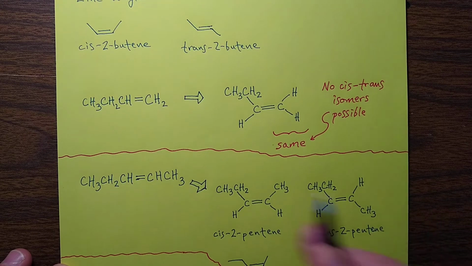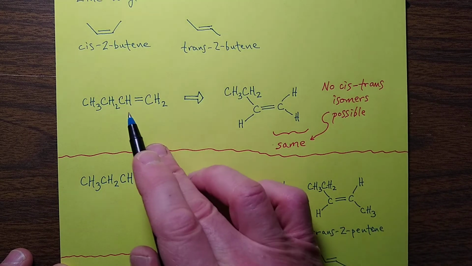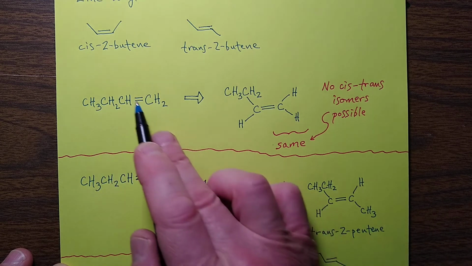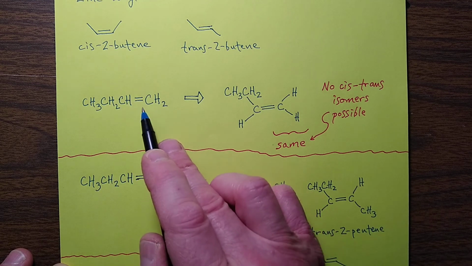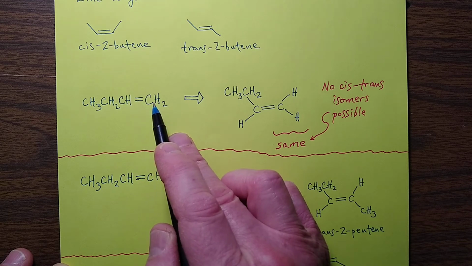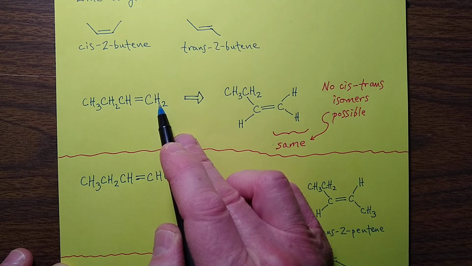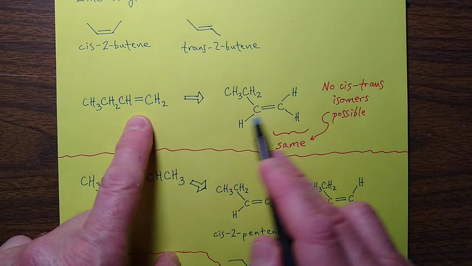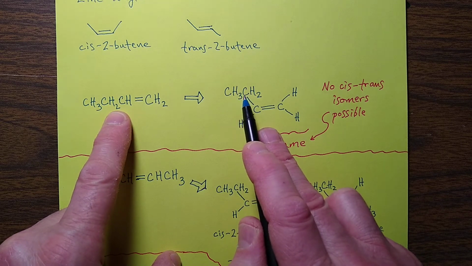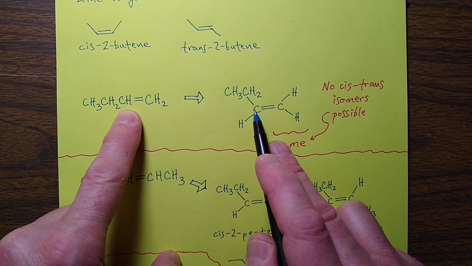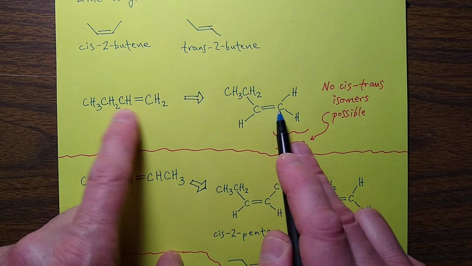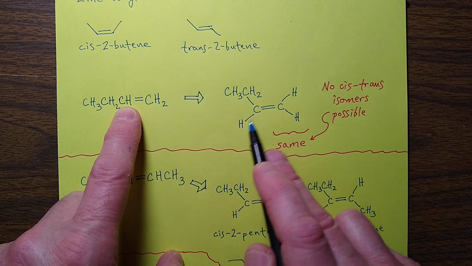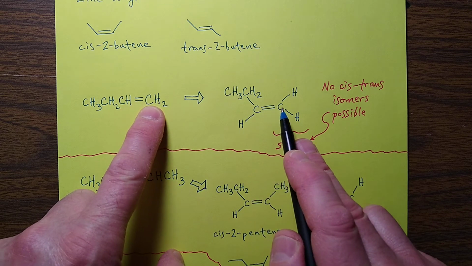What if we draw a compound like this? This is a different molecule. It's also 4 carbons in a row, but notice it's something slightly different about this one. On one side of the double bond, it's got 2 identical groups, 2 hydrogens. So let me draw it out like this. Instead of drawing it like this, I'll draw it like this. CH3, CH2, and then I'll draw the double bond here. So there's this carbon with the hydrogen attached, and then the double bond, and then the carbon with